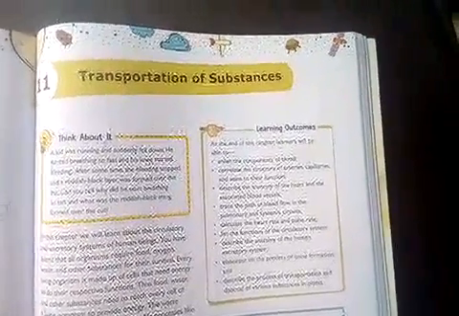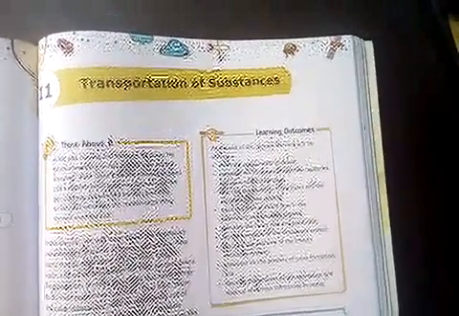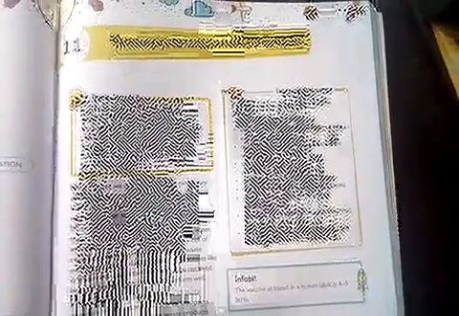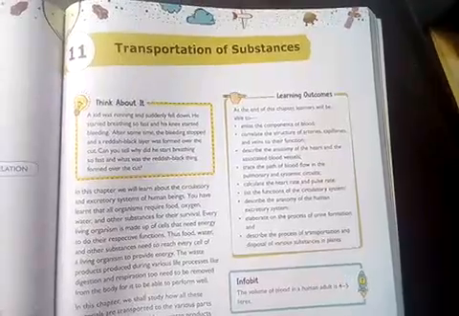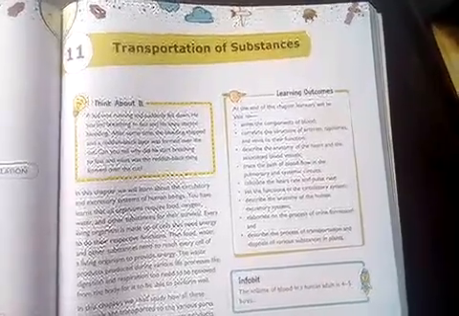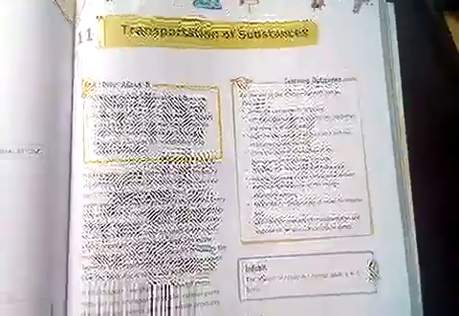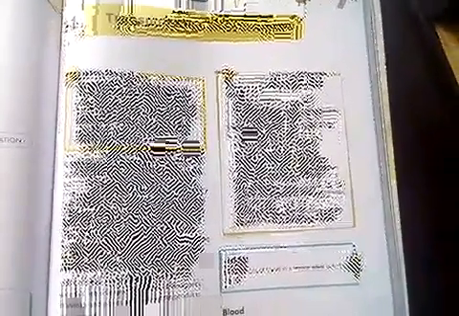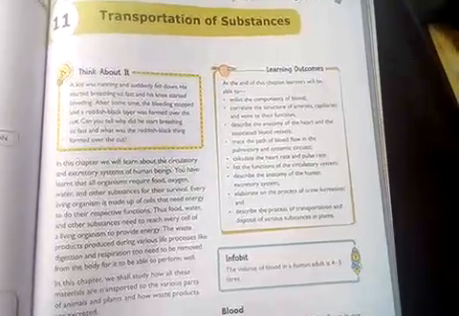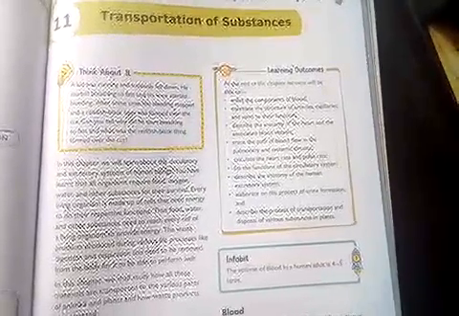Okay children, today we are going to start a chapter, transportation of substance. In this chapter we will be studying basically about circulatory system and our excretory system. So it is related to transport of substance. The food that we eat and the water which we drink, we know that they provide energy to